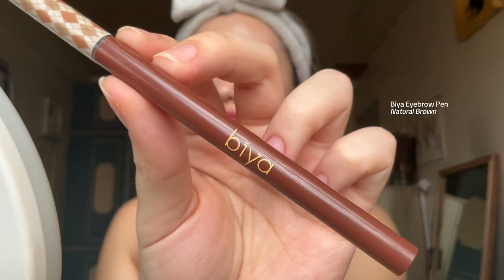I use this Biya brow pen. This is the shade brown, dark brown. And then with the excess foundation that I have, i-clean up ko lang yung